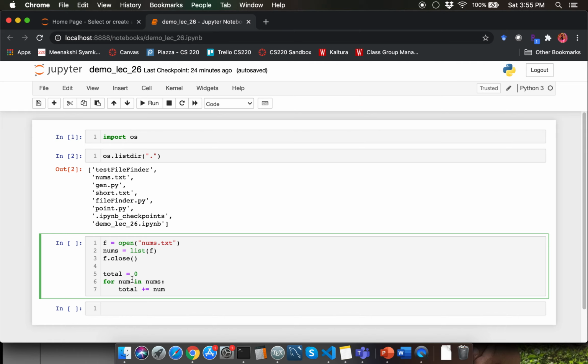So I'm going to use the variable name num here. Also be really careful as to where you're initializing your variables associated with the for loop body. Especially when you have nested for loops, you need to think really carefully whether you want to initialize your variable outside the outer for loop or outside the inner for loop.